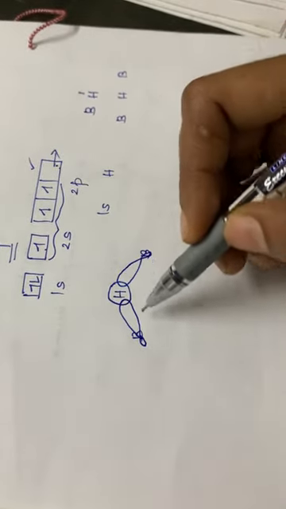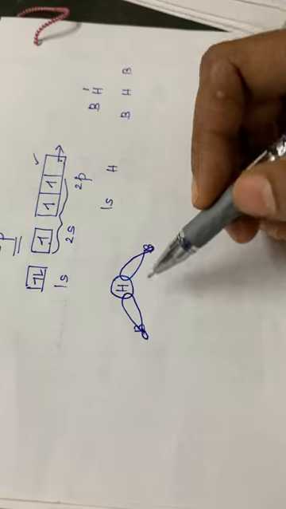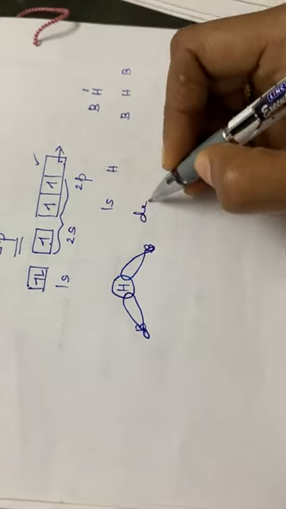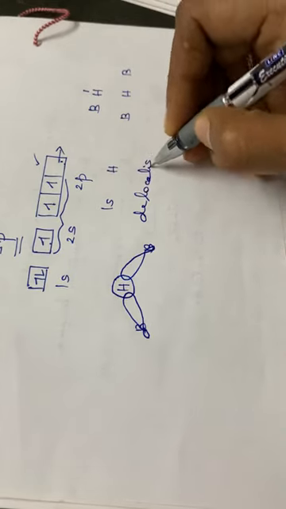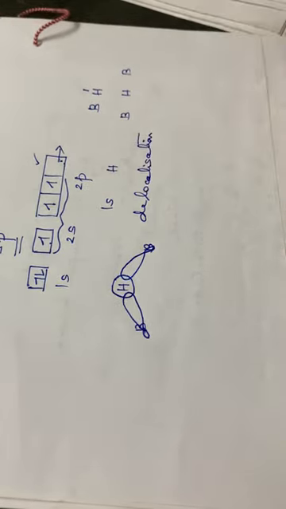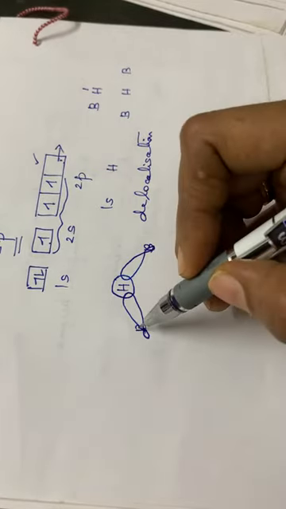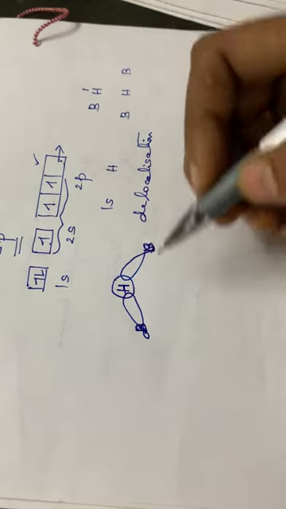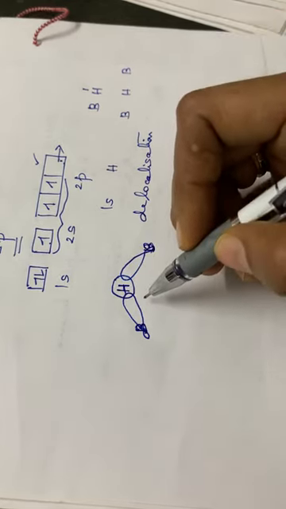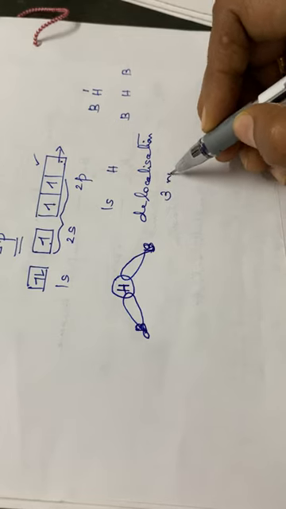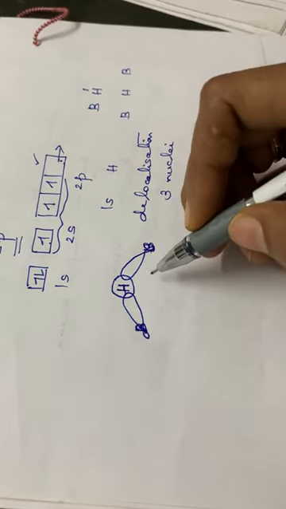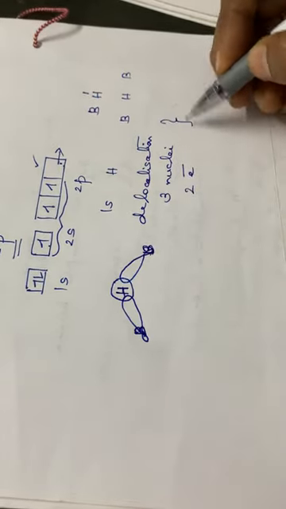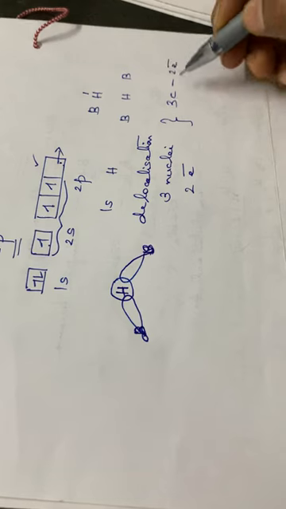Okay, so this will be the geometry of that particular molecule, or the shape of that particular bridged bond. That means a delocalization will be taking place in the case of BHB bonds. Here we have 3 centers, isn't it? 1 boron atom, 1 hydrogen atom, and 1 boron atom. That means 3 nuclei are involved there, but at the same time, how many electrons are involved? Only 2 electrons are involved here. So we can say that it is a 3 center 2 electron bond.